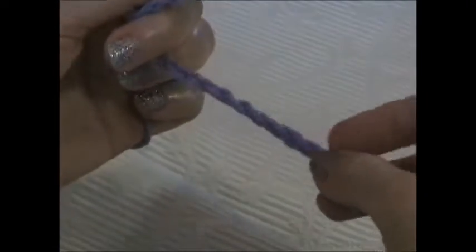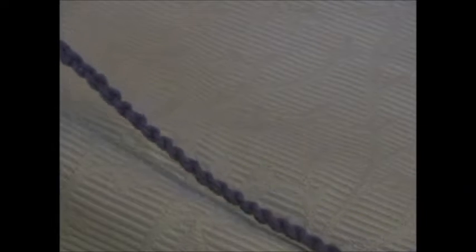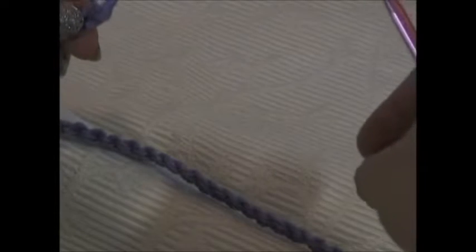Then you want to make sure that you don't have any twists. We're going to make a circle, so you want to make sure you don't have any twists. What I do is just lay it out flat, and then I fold the right end over,